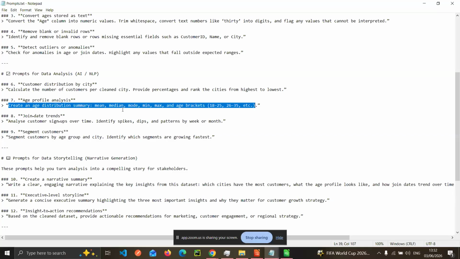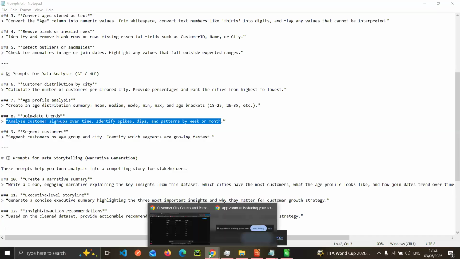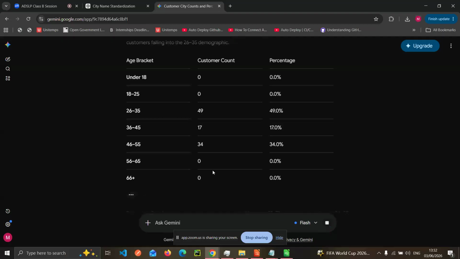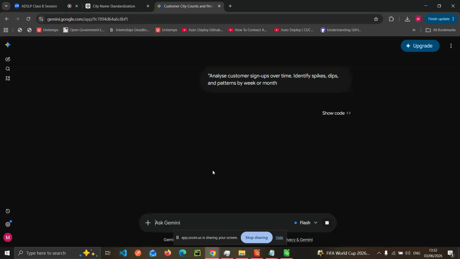So there are several other prompts which we could use, such as analyzing the customer signups over time. We'll skip from there and go to charts. So we want to analyze the customer signups over time, where we identify spikes, that is growth, dips, where we have a sharp decrease, and patterns by week or month.